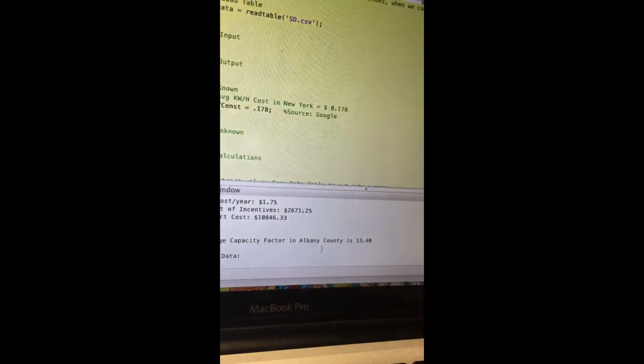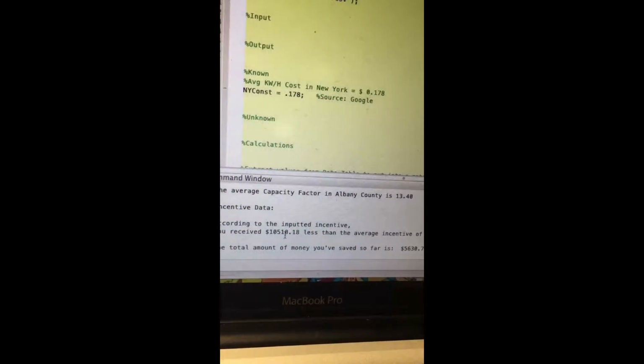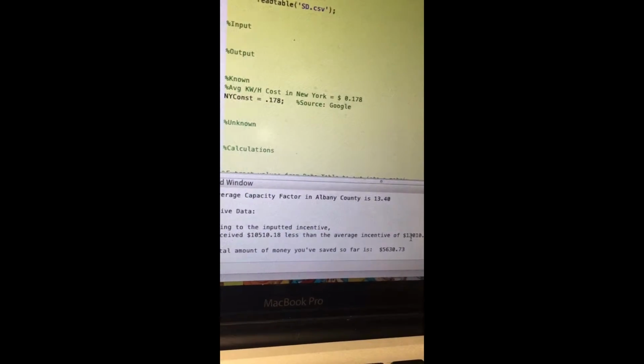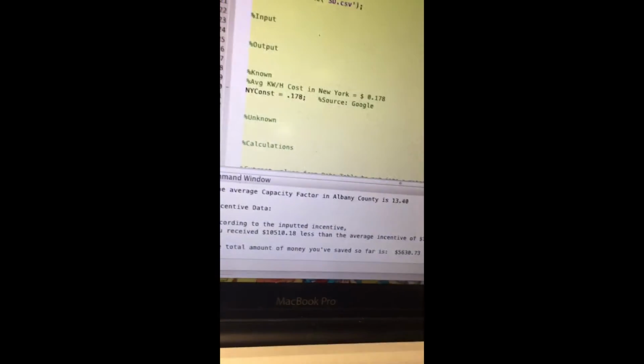Then the average capacity factor is outputted in Albany County. Incentive data is also outputted. So in this case, you receive $10,000 less on average for the incentives compared to the Albany County of $13,000, and the total money you saved so far. You run the code again,